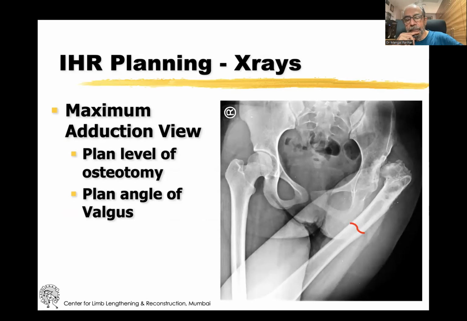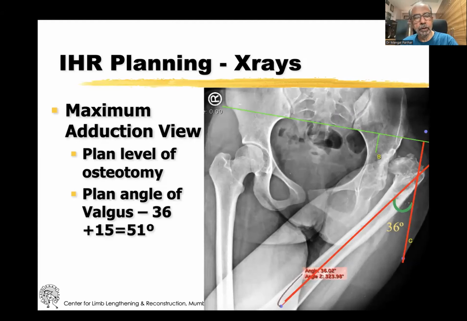Usually we do this at the ischial level, so that the entire length of femur above the red osteotomy line that you see there is available to be supported by the side of the pelvis. I don't think anyone knows for sure where this contacts the pelvis, but there is a wide area in which it can be in contact. And for the angle, we need the amount of valgus that is needed.